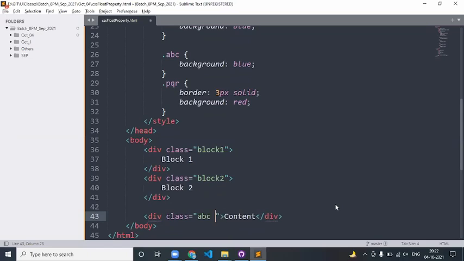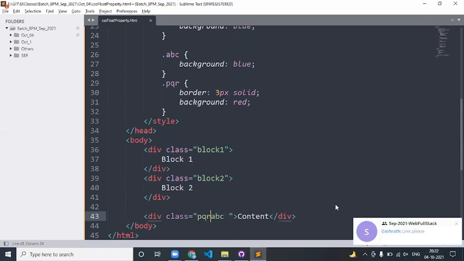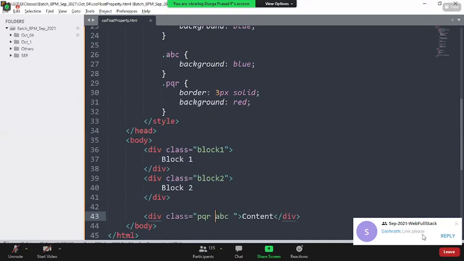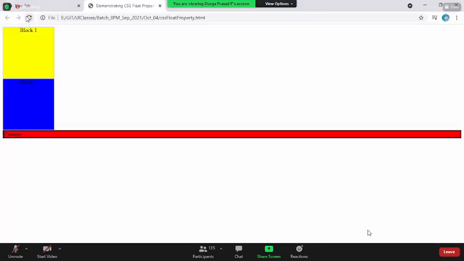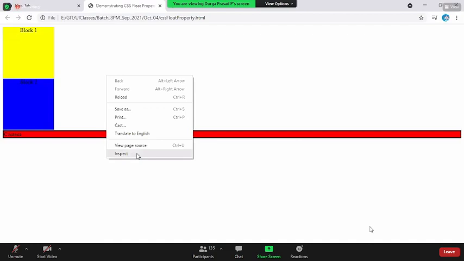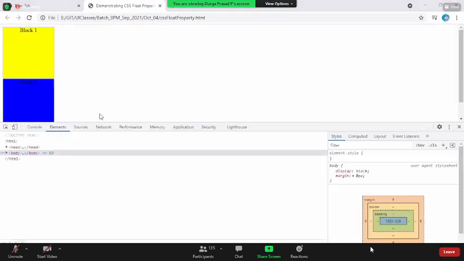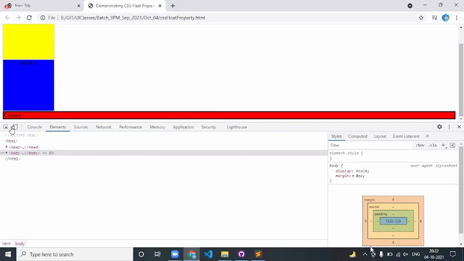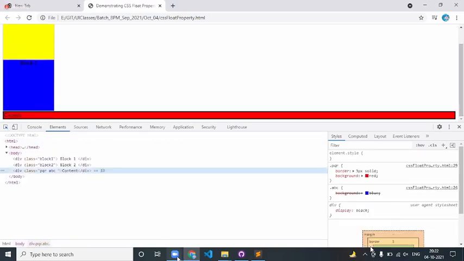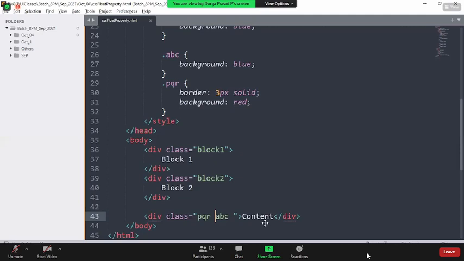Now I say PQR space ABC. Come back and reload the page. Sir, it isn't changing because you are putting the background color as red in dot PQR, is it because of that?